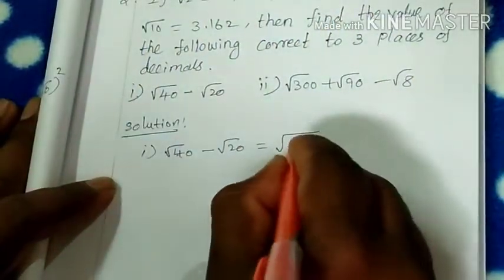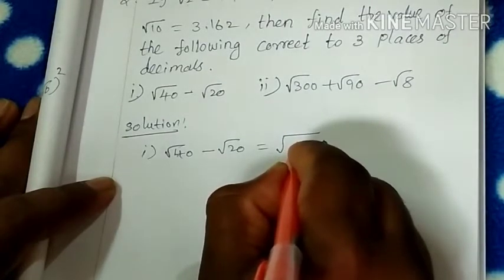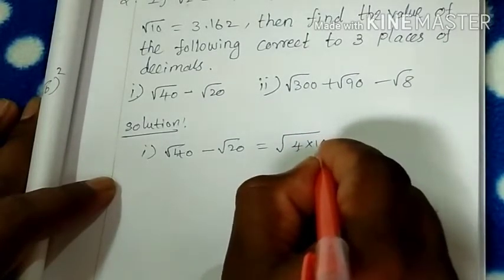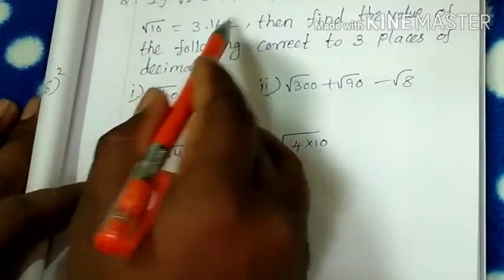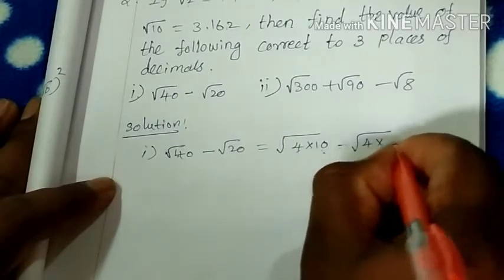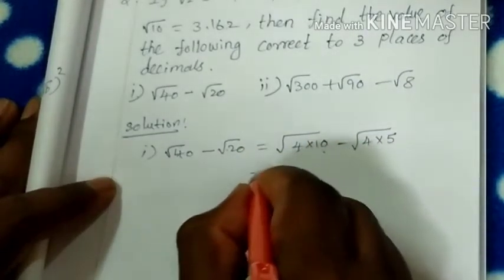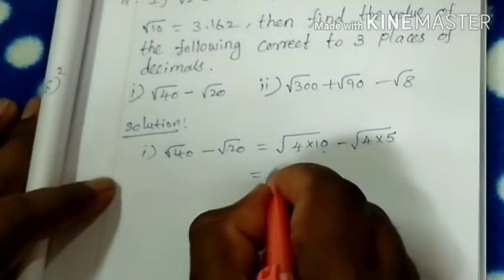So this value, multiplying by 10, we get square number 4. 4 is a square number, and as well as the given square root value answer minus. This is 4 into 5. 4 5s are 20, because 4 is a square number. So is equal to square root of 4 is 2